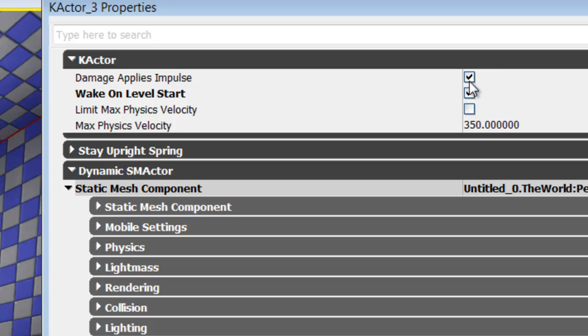So we'll go ahead and leave that checked. That is always default enabled. The other option is limit max physics velocity, which is again just a toggle true false. If checked, then you go down here to max physics velocity, and you can set a velocity that you don't want this object to exceed. For the time being, we'll go ahead and leave that off,